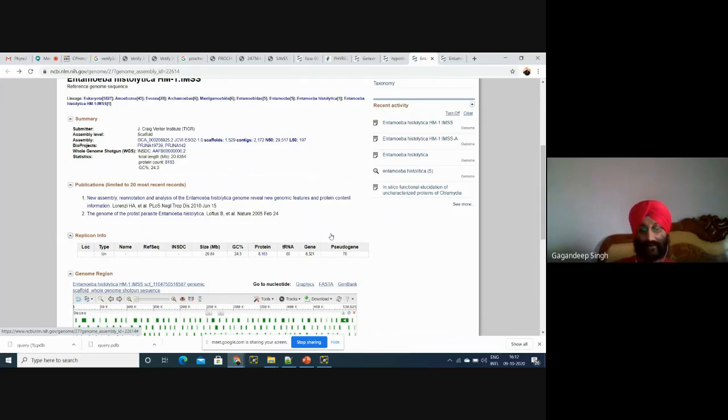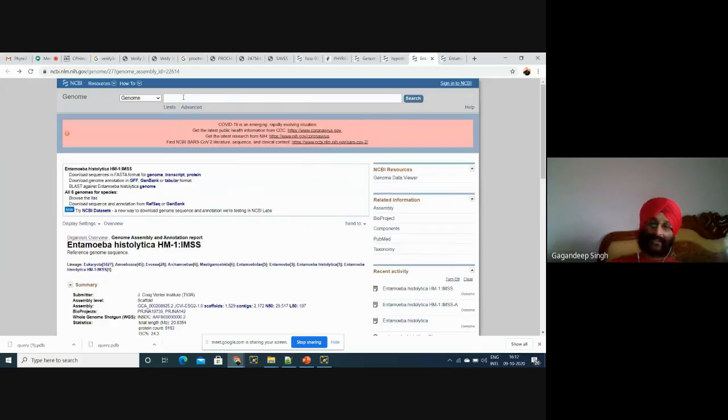In 90% of cases, 50% of proteins are hypothetical. So what is our target? We'll select any organism having a protein range of 1500, 1600 or 1000 only. For example, I'll select Helicobacter pylori.